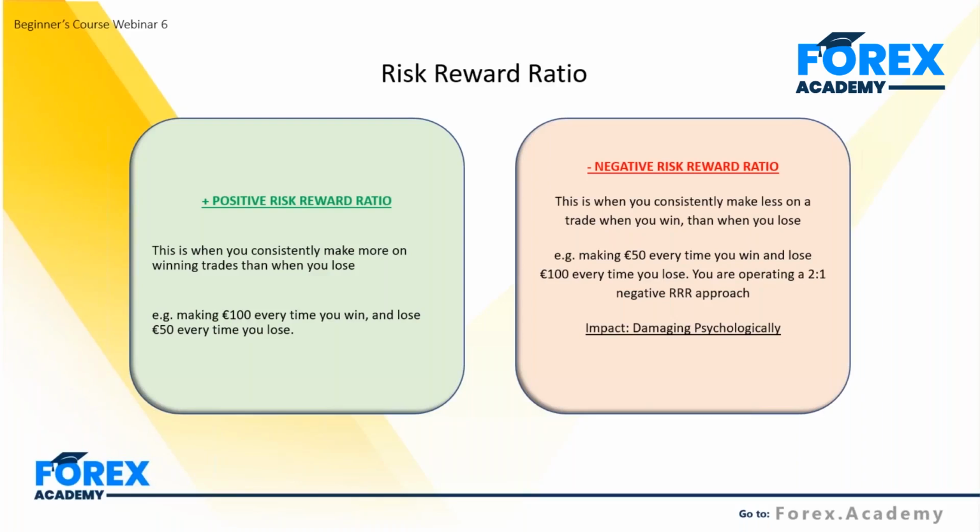A negative risk reward ratio is when you consistently make less on a trade when you win than when you lose, of course. For example, making 50 euros every time you win and losing 100 euros every time you lose. You're operating a 2-to-1 negative risk reward approach. So, of course, it can be a function of trading. Some traders decide to use it, particularly where there is more volatility, perhaps in the forex markets, where they're likely to get involved in that volatility. But again, you need to make many more winners, in fact, twice the amount of winners than you do losers